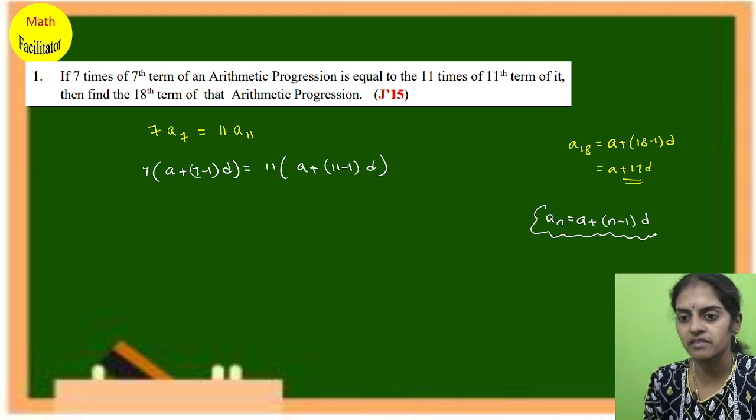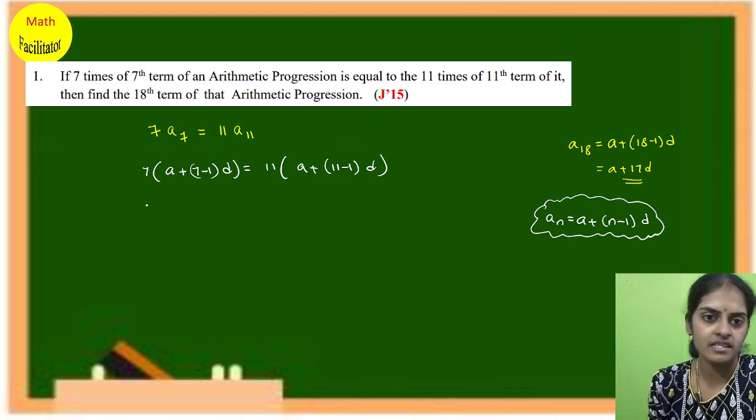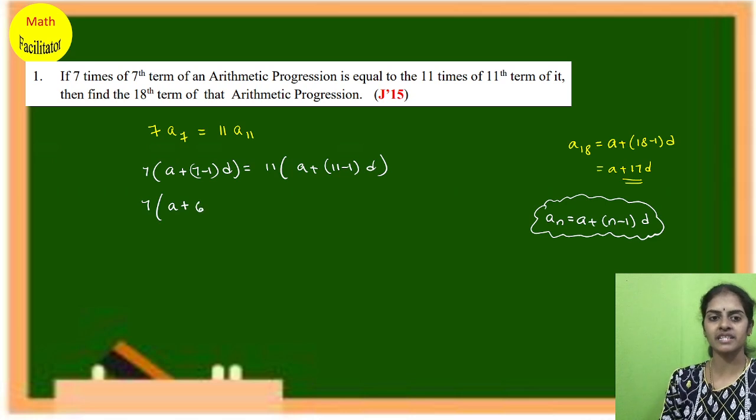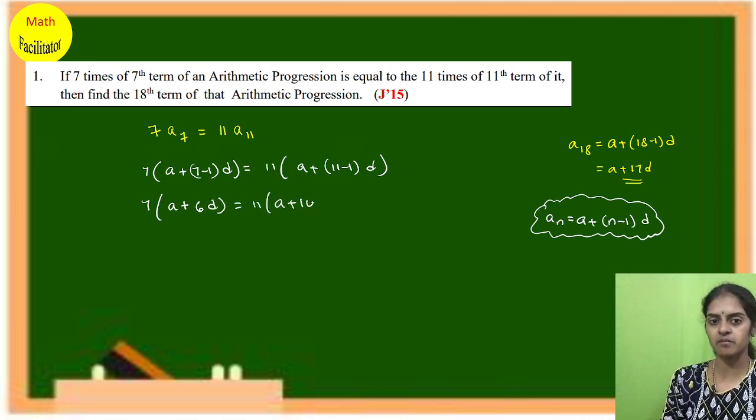Now let's simplify it. 7 times (a plus 6d) is equal to 11 times (a plus 10d). Now cross multiply: 7a plus 7 sixes are 42d is equal to 11a plus